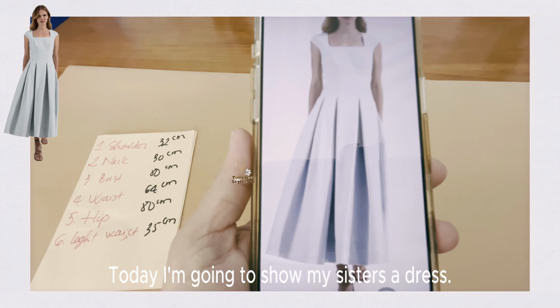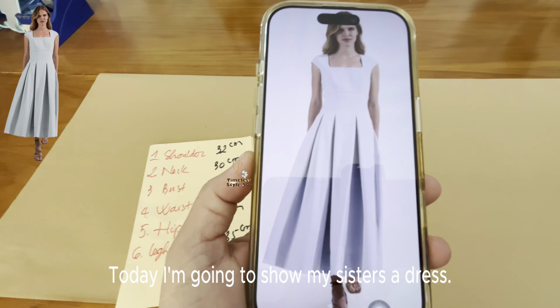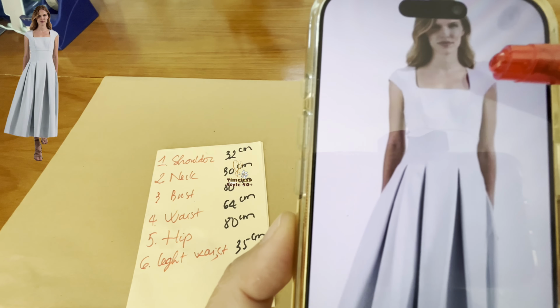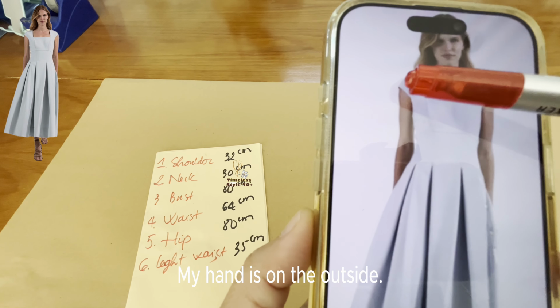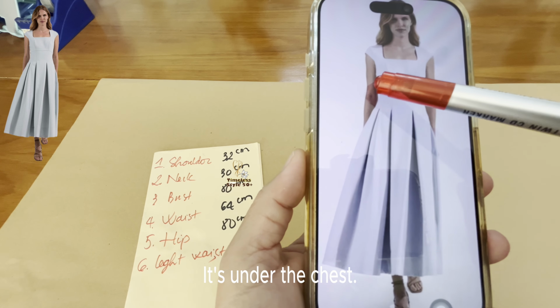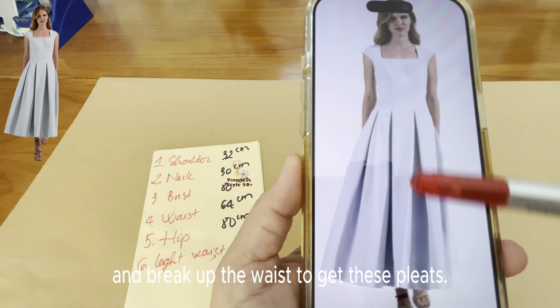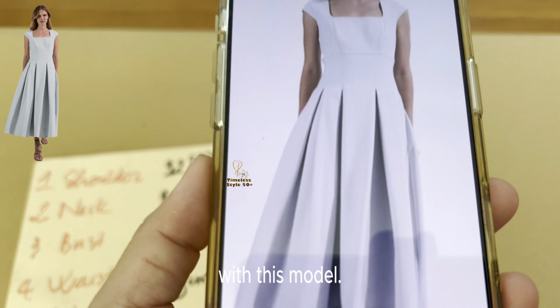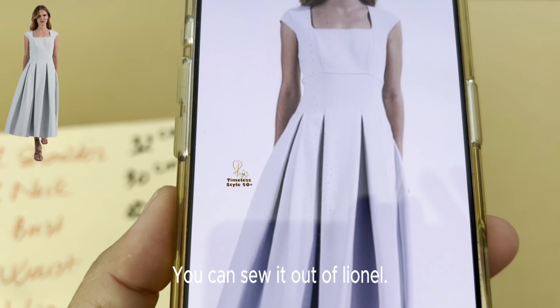Today I'm going to show my sisters a dress. Middle age, U-letter neck. My hand is on the outside. It's under the chest, and break up the waist to get these pleats. With this model, my sisters, you can sew it out of Lionel